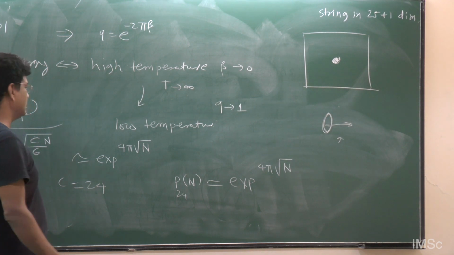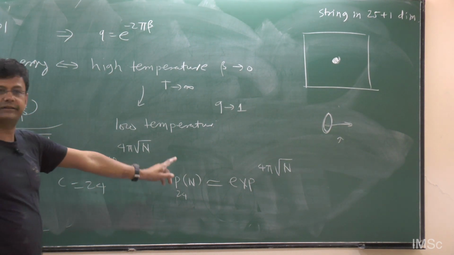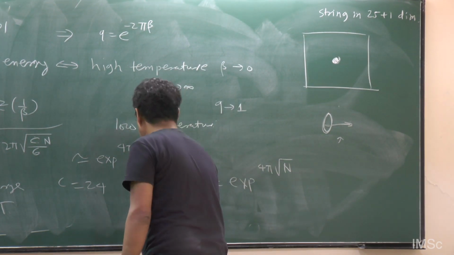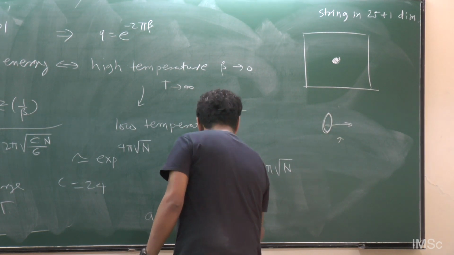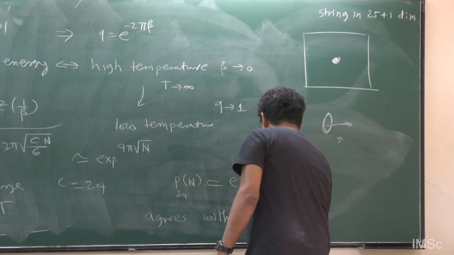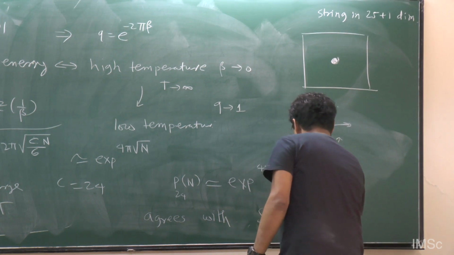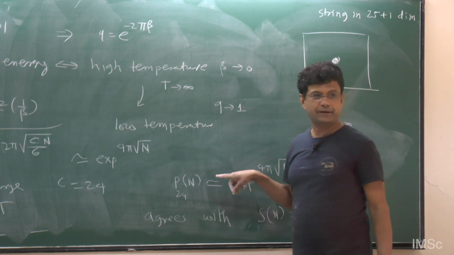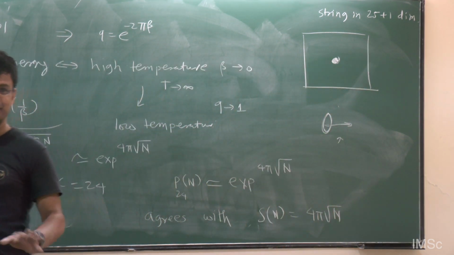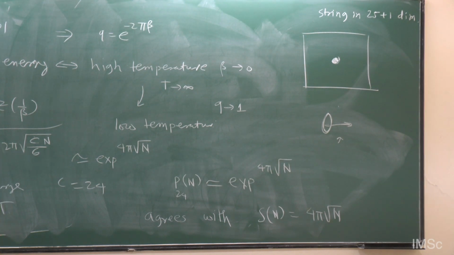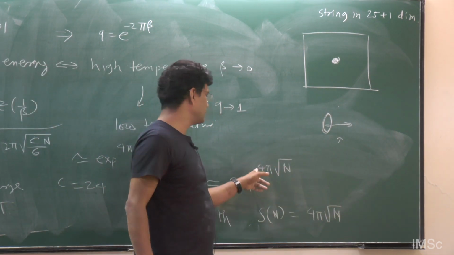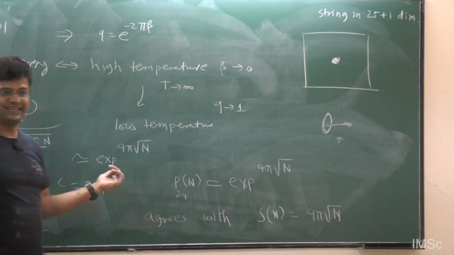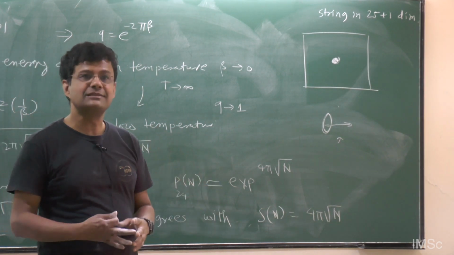And the number of states you can calculate, and its leading answer is 4 pi square root of n. And this agrees, okay, our analog of this agrees with, I will not give all the details, but S of n with precise coefficient. See, it could have happened that you got 2 pi, then the string theory would be wrong. Right? It's highly non-trivial that you get exactly 4 pi square root of n. Or you could have gotten 2 pi n to the power 3 by 2. Right? There was no reason a priori, unless there is some internal consistency to the theory.